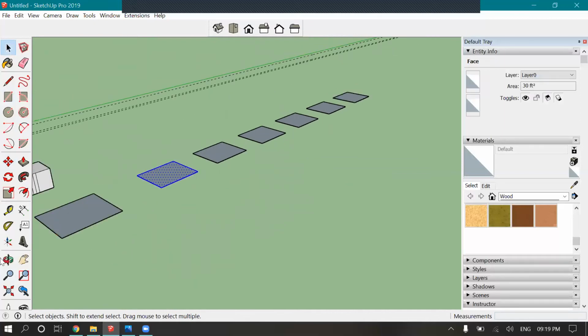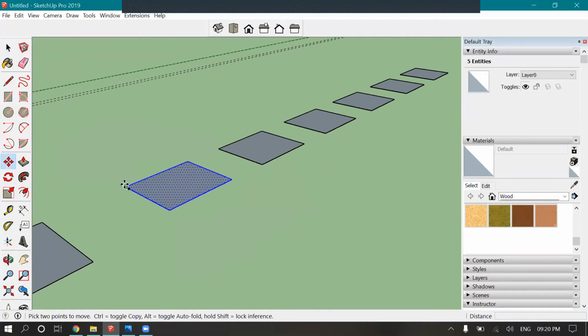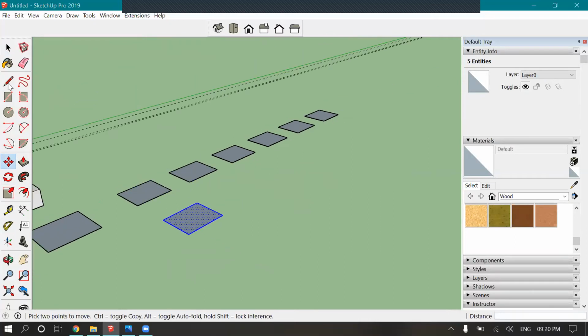And suppose we don't know the distance between them. All we know is that there will be 4 members in between these 2 paths. So what we need to do is copy the object, paste it in the extreme end, and then with a divide sign we need to enter how many objects we want in between them.